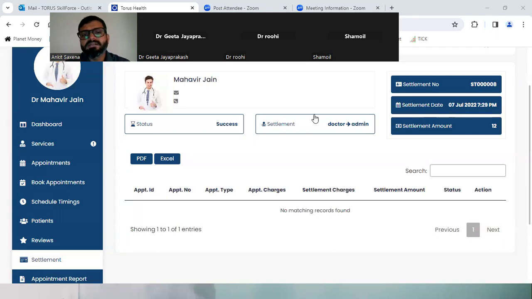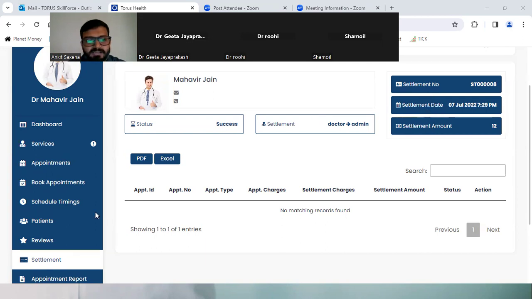See, Dr. Divya, it will get reflected here. Now this will be as per the patients, right? And on the main page, it will be the total consultation charges that you have received. Here it will get reflected as per the appointments, the settlement number.